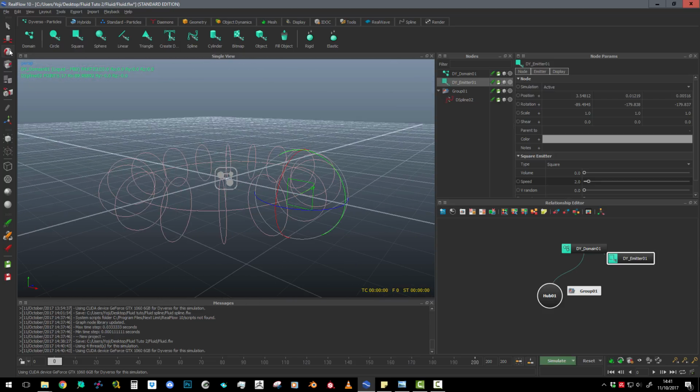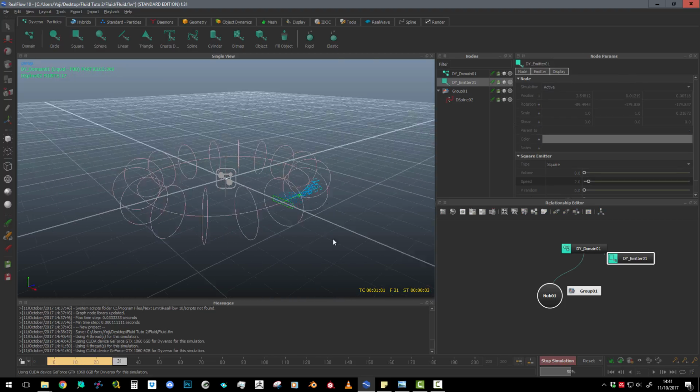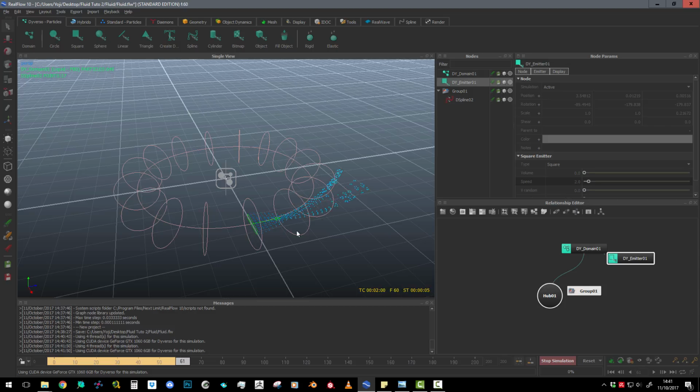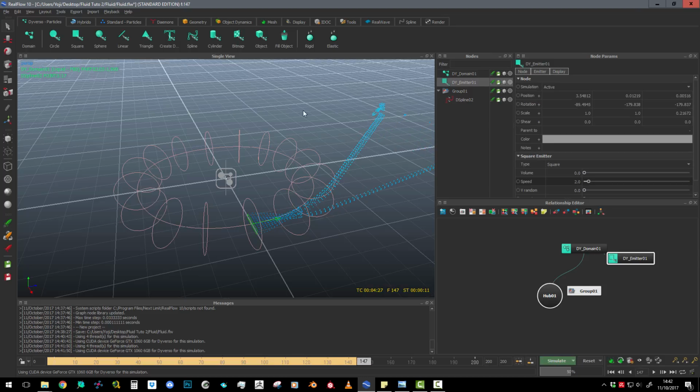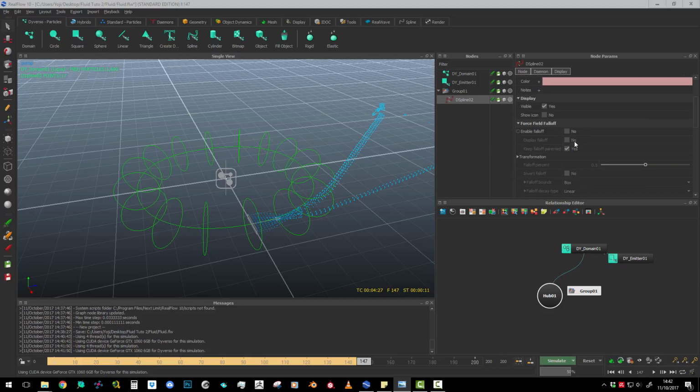And now I will just make a little scale on the z-axis like so, and after I launch my simulation again, you can see that my simulation is a little influenced by the spline, but not enough. And for that we'll have to increase the strength of the simulation for this spline, and the values that I will put,